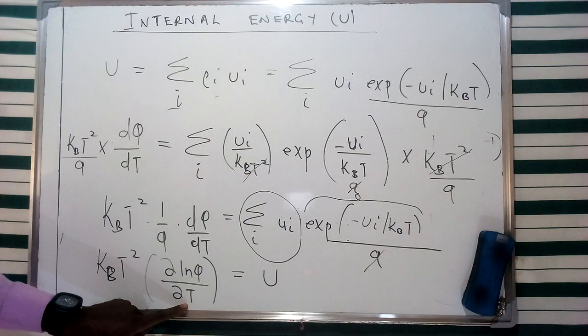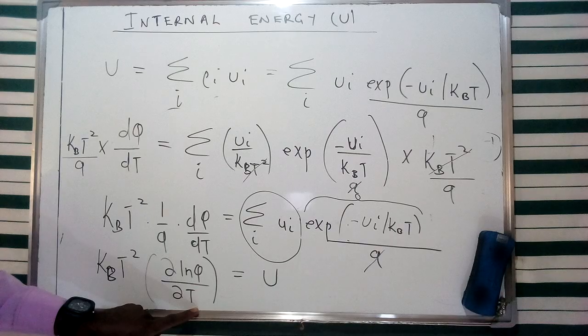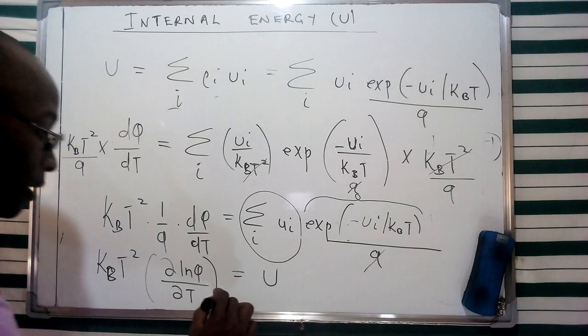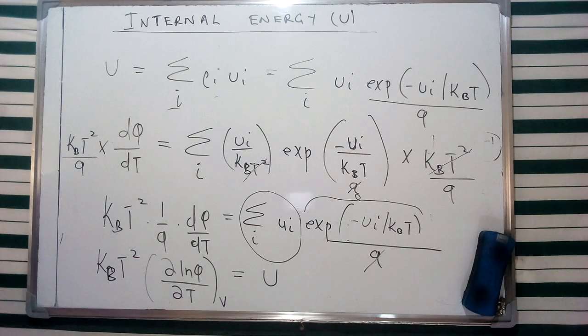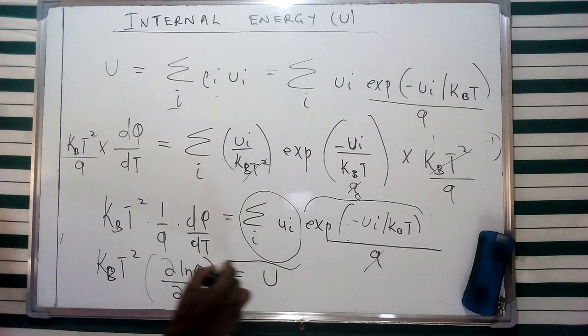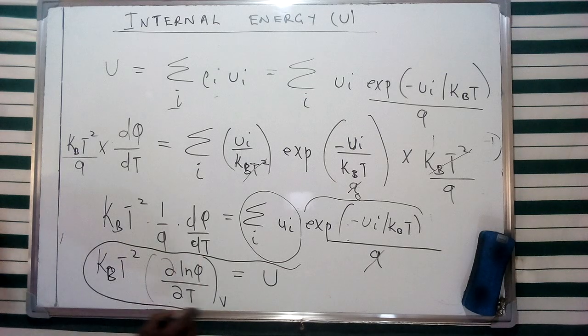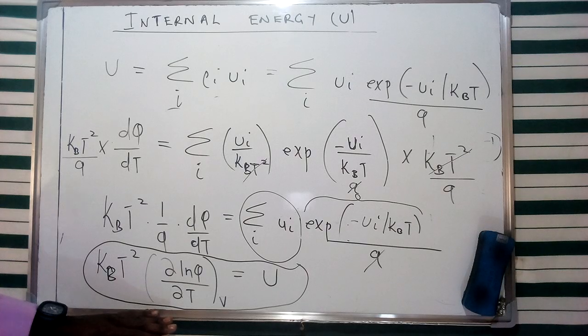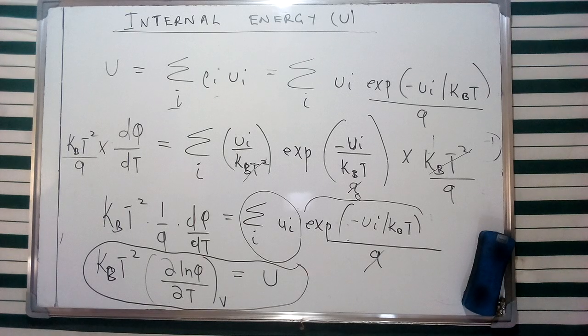this basically is going to be a transition that is going to be with respect to constant volume from our previous discussion we had on the summary of thermodynamic variables. So I'm going to have this one given as subscript V, and this is going to be our equation that we're going to use in representing the internal energy of a system with respect to the partition function, which I've already been stating. So in this case, we're going to consider this specific partition function, and of course we're going